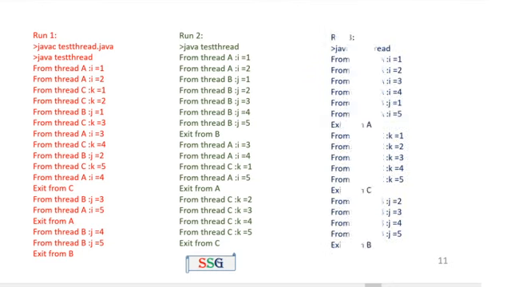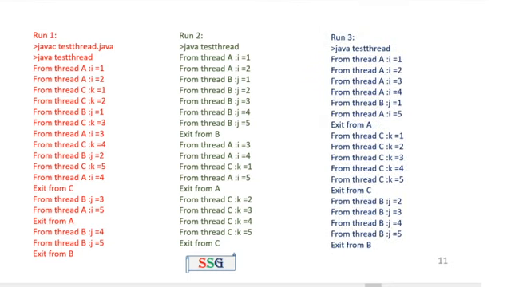Next time I am going to run the same program. What will happen? First 4 times it executes the A thread, then B thread 1 time, again A thread, then exit from A. Then the process switches over to the C thread and executes all the tasks, that is exit from C. Next the process switches over to the B thread and completes the task. So that means the processor switches over from one thread to any other thread at any time. That means you will get different outputs.